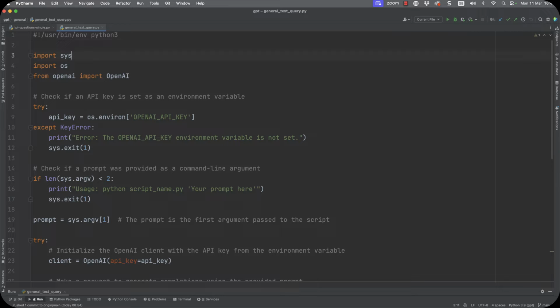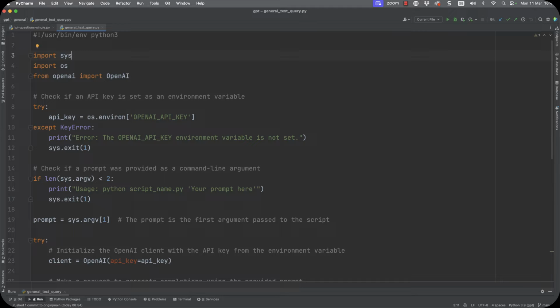With our normal shebang in place, we're importing the sys module. The sys module is going to allow us to read the arguments passed through to the script, and that's what we really want to be able to do. We're going to execute the script from the command line and then pass an argument of what we want to search for within our back-end AI system.